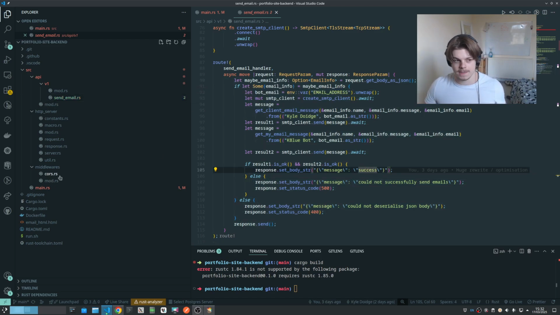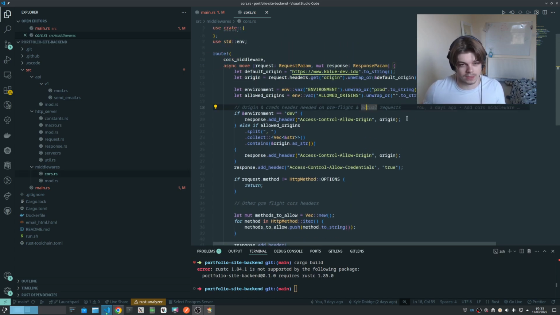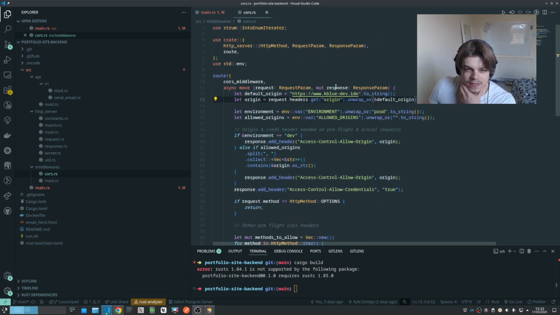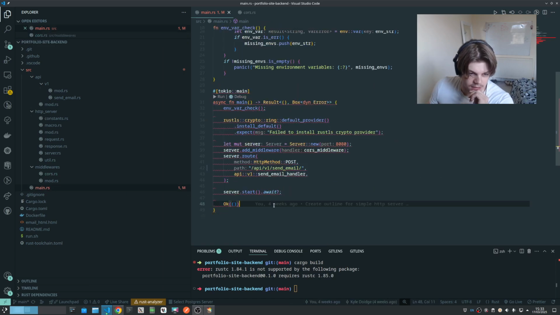Same with the middleware. So we actually have a CORS middleware here. You can add middleware to the HTTP server, which deals with any options request that comes in, and does all of the necessary CORS stuff to do with that. Basically, this sometimes modifies the response object before it's actually returned. So we have the capability to do that in this HTTP server that I've created. You can go ahead and look at this more in the public repo if you desire. But yeah, it's a sweet little library that I created just for the purpose of this,